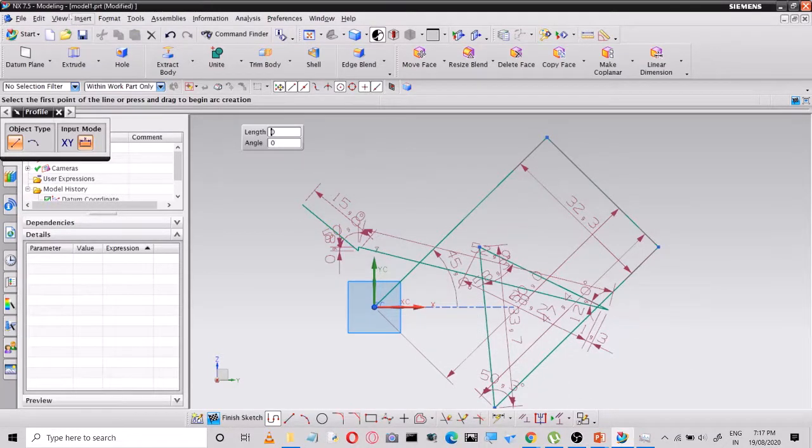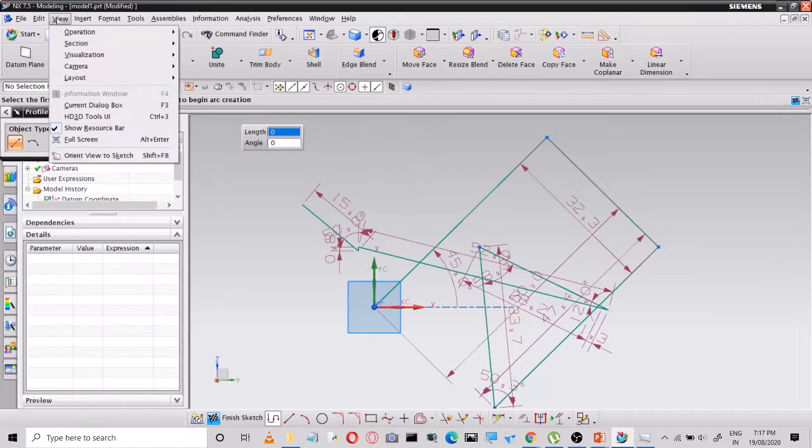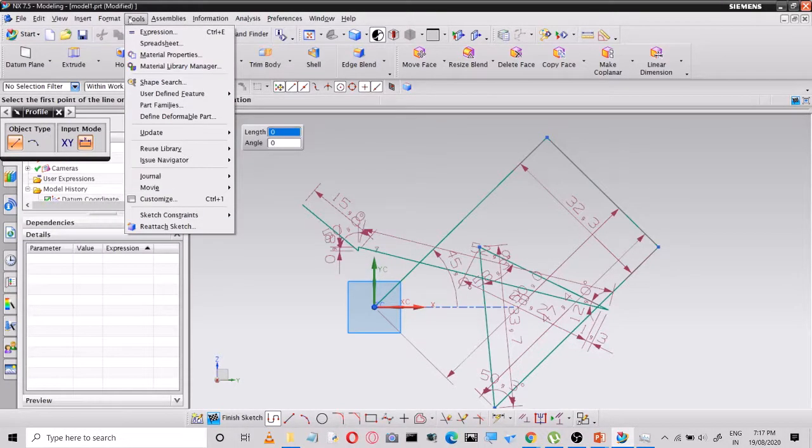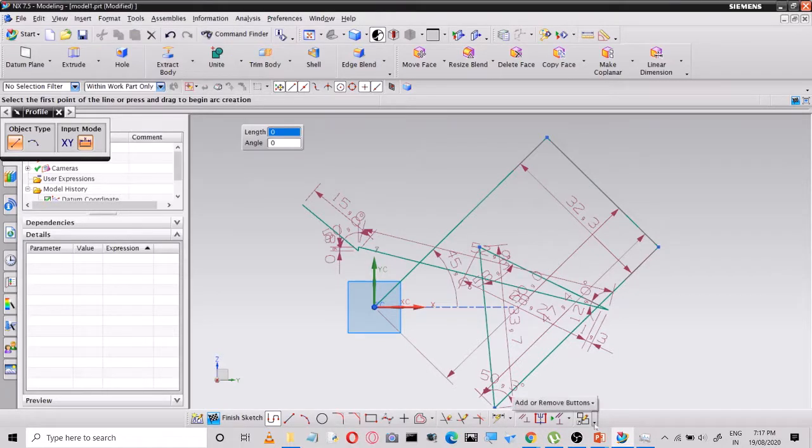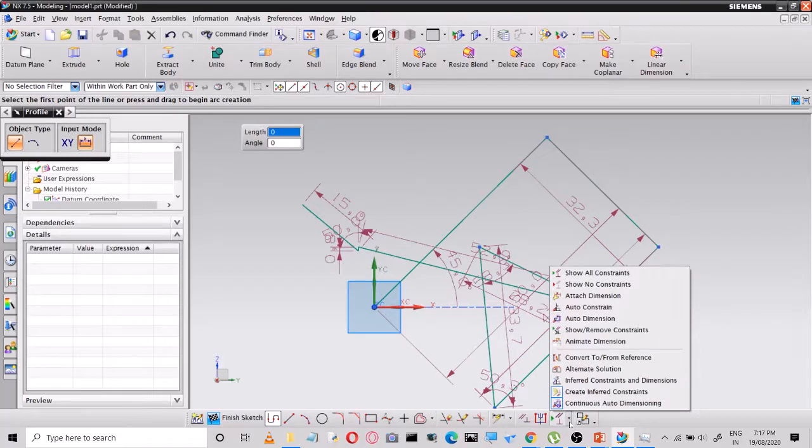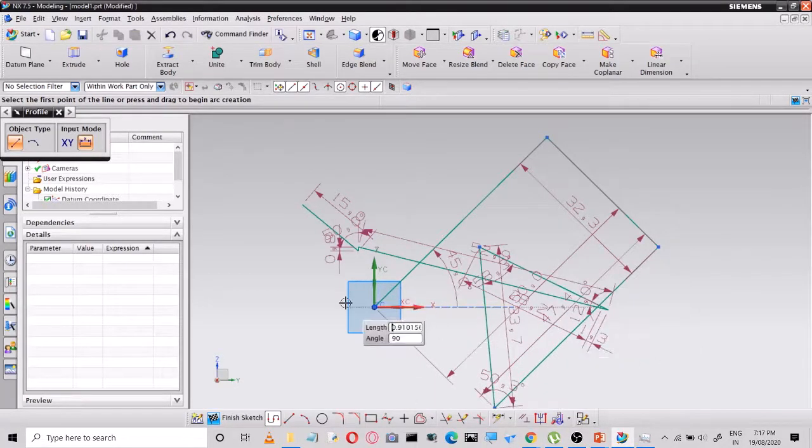So, let us see here, auto dimensions. You need to turn off auto dimensions here. So, you need to turn off this one.